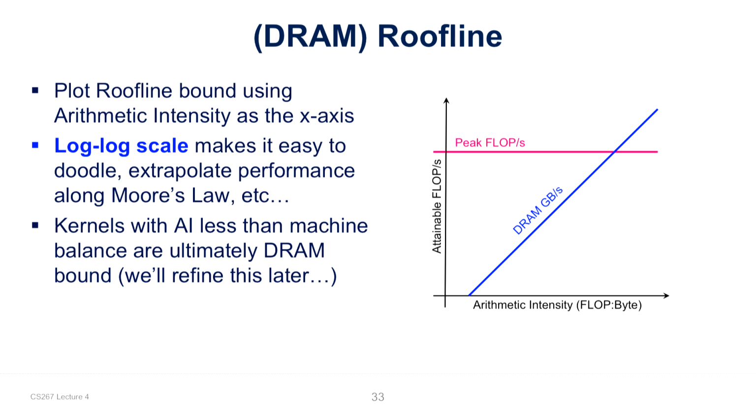This is just showing us a hardware profile, the peak flop number, and then the bandwidth number, the DRAM bandwidth number shows up as a diagonal line. And so you can start to see why it looks kind of like a house, maybe a piece of a roof line there. Maybe it would look more like a roof if we extended it out to the right a little bit further. But the basic point is that